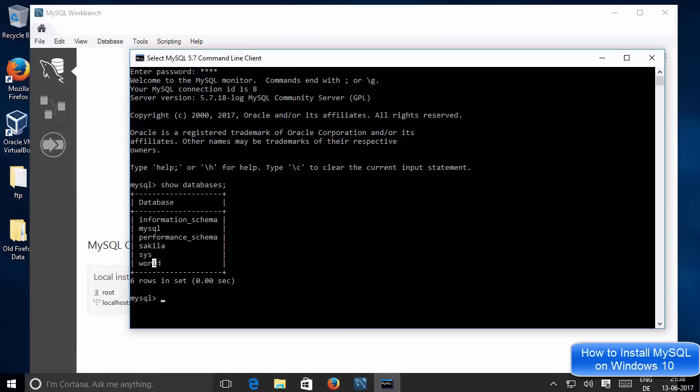For example, I want to select some database. I will select this database called world. To select this database, I will just use this command, use, and then the database name. The database name I want to use is world here. Then the semicolon and press enter, and it says unknown database. So I think the spelling was wrong, so I just need to give world here, and you can see